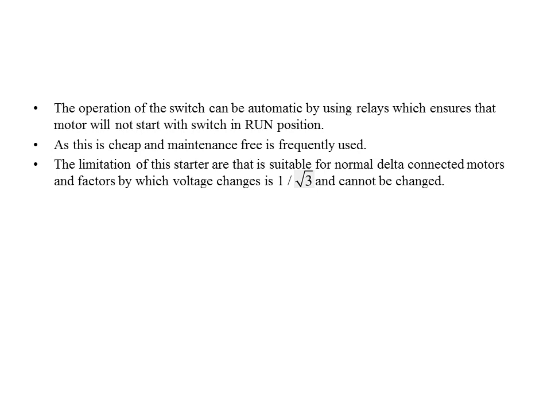It will be connected in the form of star, so that VPH is equal to VL by root 3. So the input voltage across the windings is reduced and so the current also reduces. Once the motor reaches 50 to 60% of the speed, the TPDT switch is automatically thrown to the delta connection, where VPH is equal to VL and it reaches the rated voltage. So this is the simple construction of the star delta starter for the induction motor.